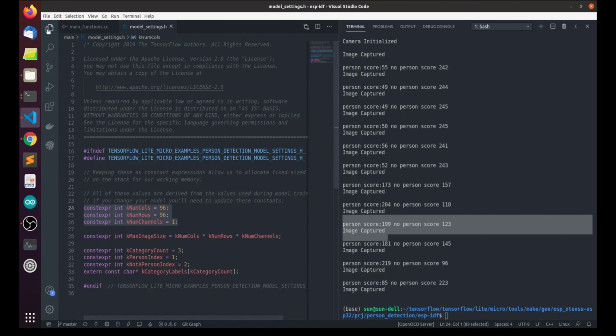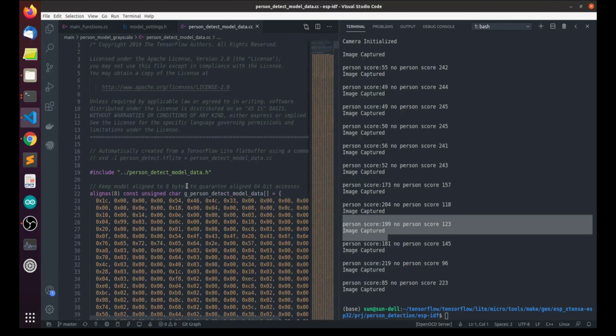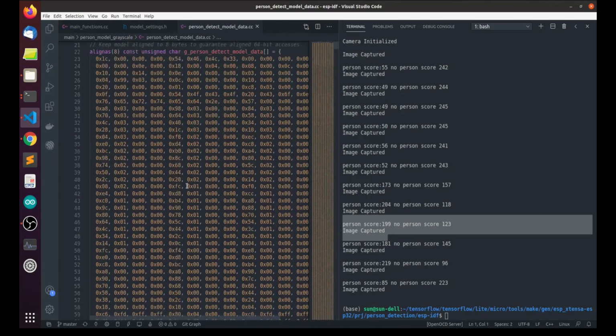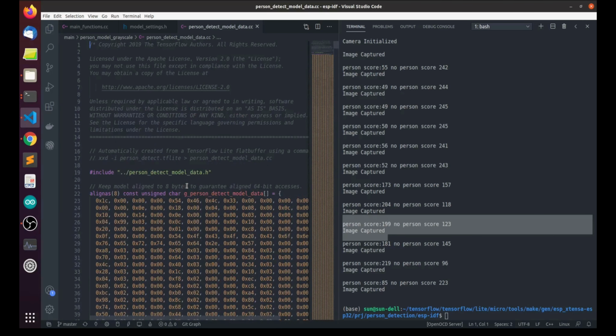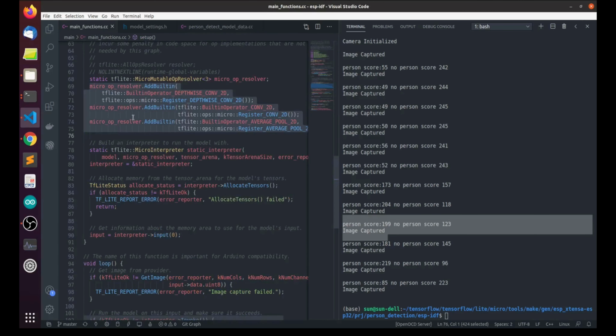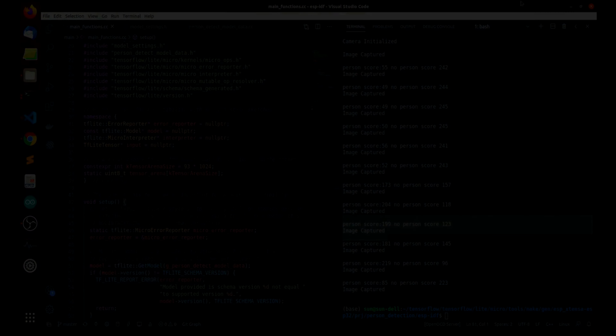Here is the TensorFlow TF Lite machine learning model, which is converted to a C array and being used by this program. We can also add the code to blink LEDs when a person is detected. This blinking LED code can be added in the detection responder CC file, which we will see in another video. This is how we can do the person detection using ESP32 cam microcontroller and see the probability of a person being in the image converted to an 8-bit unsigned integer value between 0 to 255.